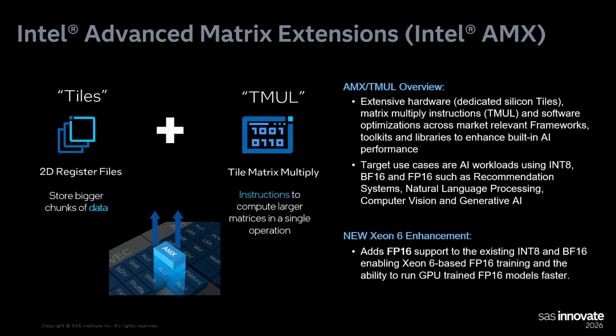So the latest Xeon CPUs actually have newer technologies built into them. Since our 4th generation, we have something called Advanced Matrix Extension. This is an accelerator built on each core of this Xeon 6 CPU. That means this accelerator is not a co-accelerator sitting aside on a socket. It's sitting on each of your cores. As big as, let's say, a 128-core system that you're using, you have 128